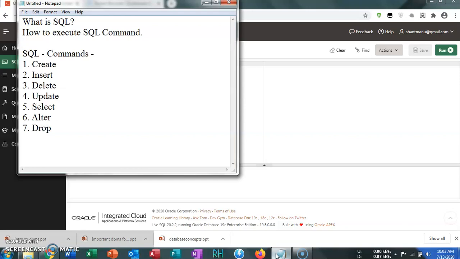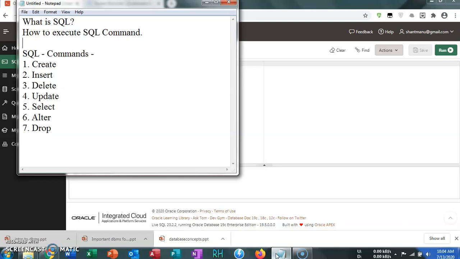So now, how to execute that SQL commands online? So that we have to see. First of all, we have to see what are the different types of SQL commands. So as in the previous lectures, we have discussed those commands. So let's start with practically how to execute those commands. So first command is create. Create command is used to create the table in the database.